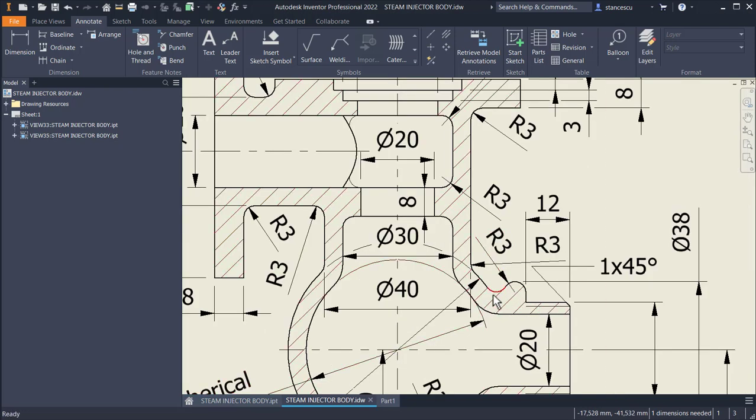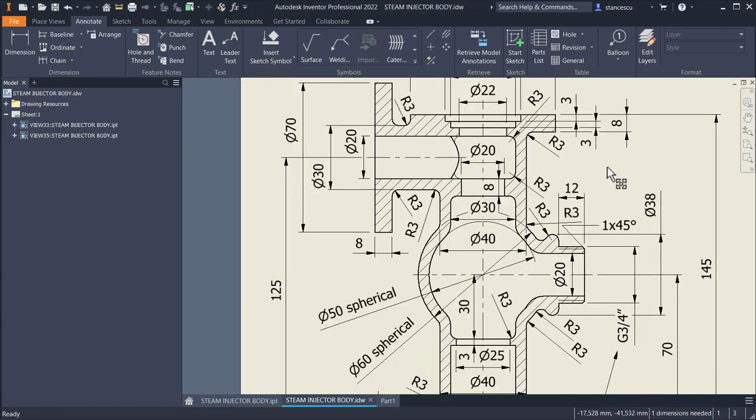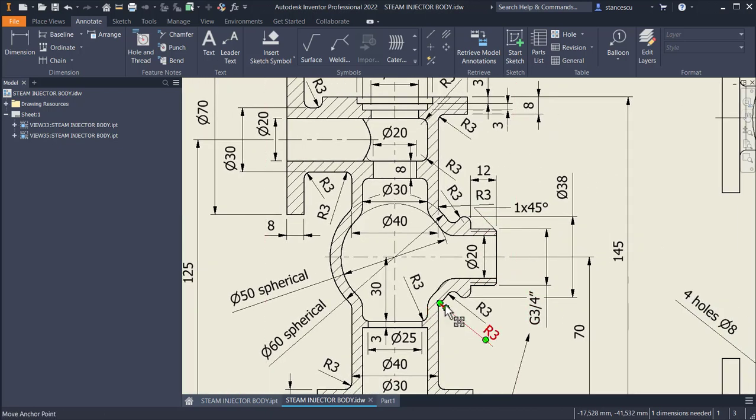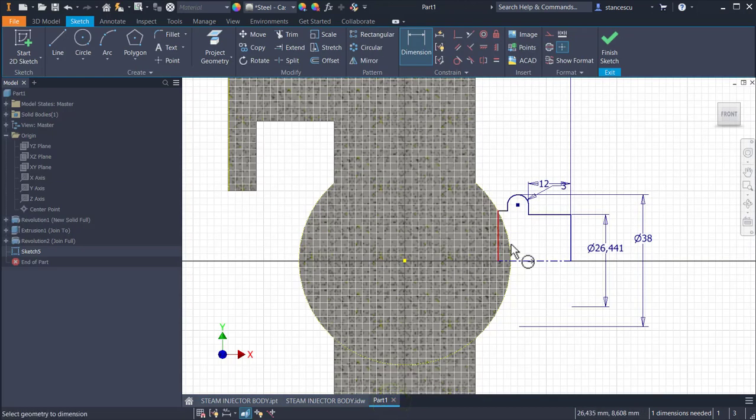This small one, but it will be an arc at the end, a fillet there, with radius 3. So I place one dimension, this diameter to be 30 like the other one,